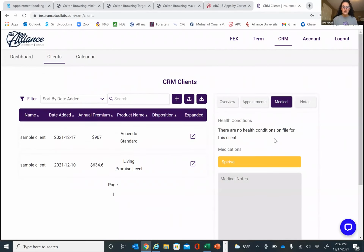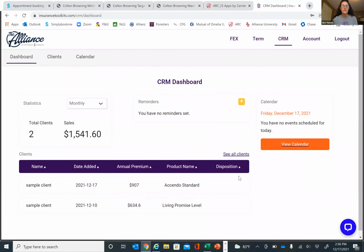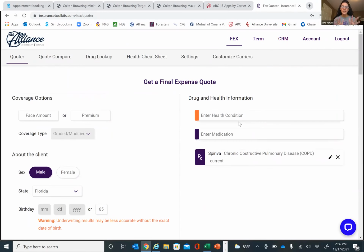Then you can go back to the quoting. And if they are on medications, you can still go back to the quoting. Just click on dashboard, go back to the quoting, and do a new quote for them. So that's the only thing you would want to use the CRM for, is to store medications. If you want to do that, again, our ARC CRM is so much better. You're not going to want to use it as a true management system with keeping up with your clients, but you can HIPAA compliantly store their